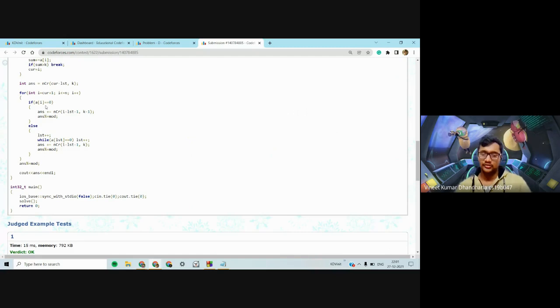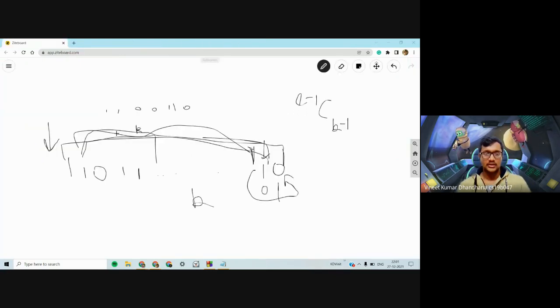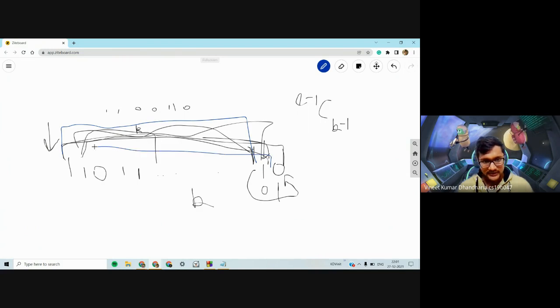If A[i] was 1, what we do is, we usually had k ones. If we include this particular one as well, then we will exceed the range k, which is like we will get k plus 1 ones.